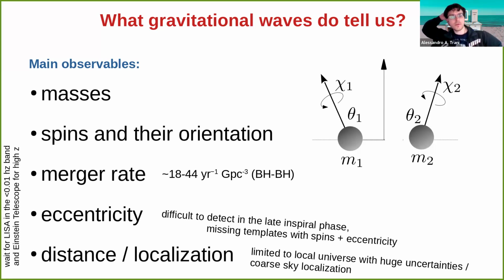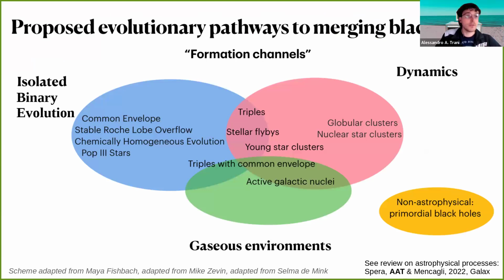understand what is the astrophysical source, the astrophysical environments from which these events come from, just by looking at individual events. But as we build up a catalog of transient events, it's possible to use population properties in order to understand where these gravitational wave events come from. And so far, there have been a lot of formation channels proposed. This is a scheme that illustrates the main categories of